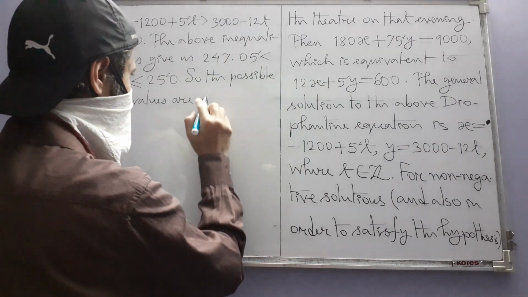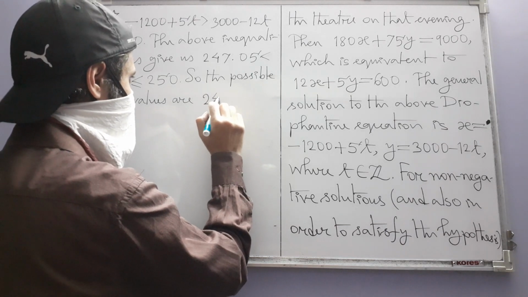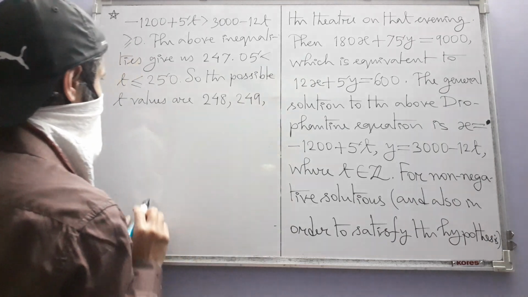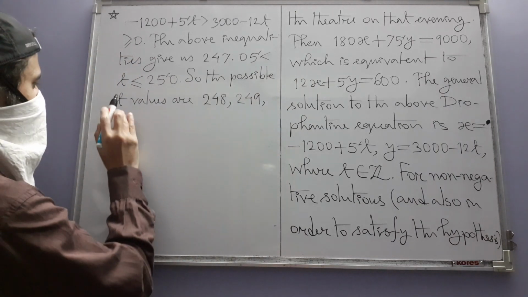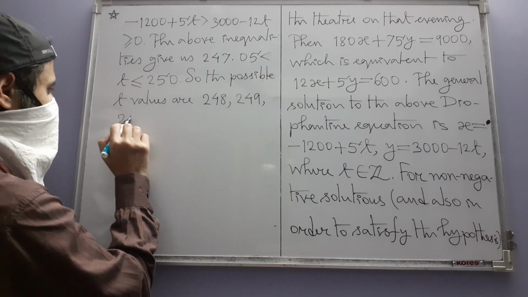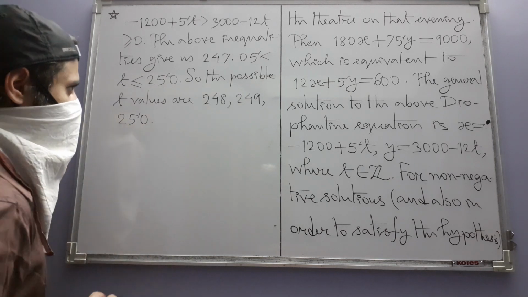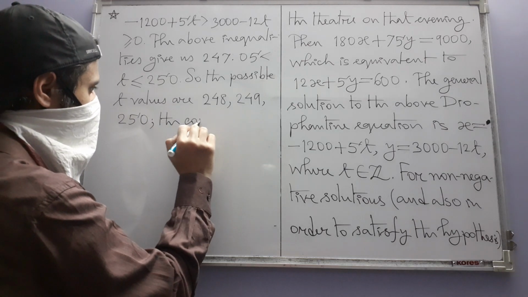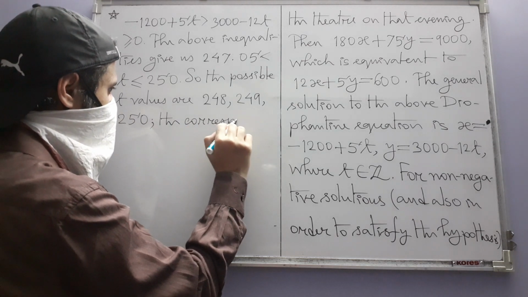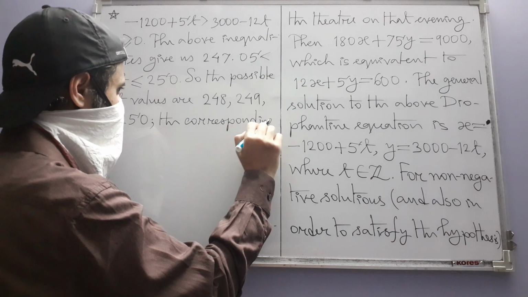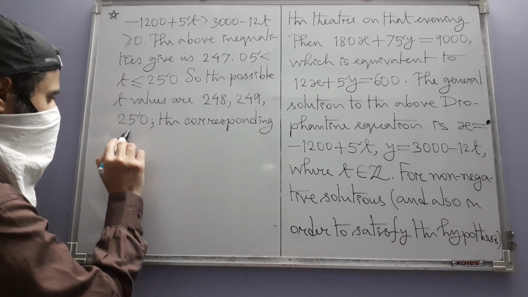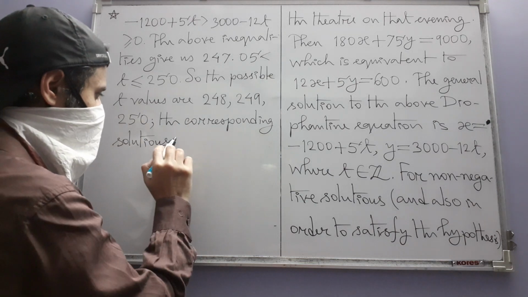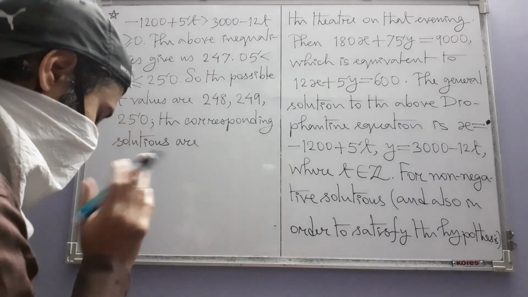So the t values will start from 248, t can be 249 and t can be 250, and that's just it. 3 possible values. The corresponding solutions for these t values are the following: